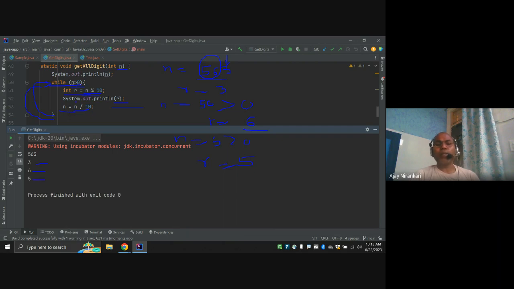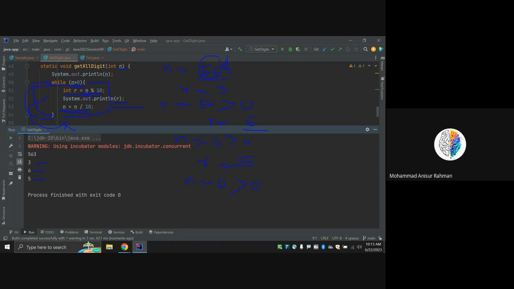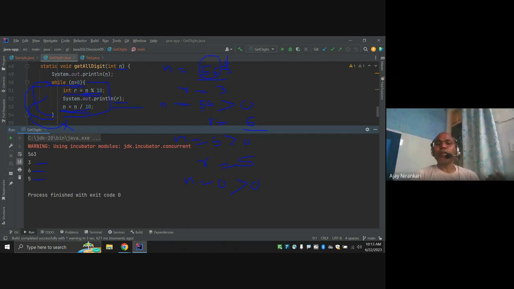And again say n divided by 10. So n equals 5 divided by 10. You are getting a 0. Again go here. Say is 0 greater than 0? No, it's false. Just go outside the loop and close the loop. So in this way, same thing, instead of doing manually, we just tell the compiler, do the same